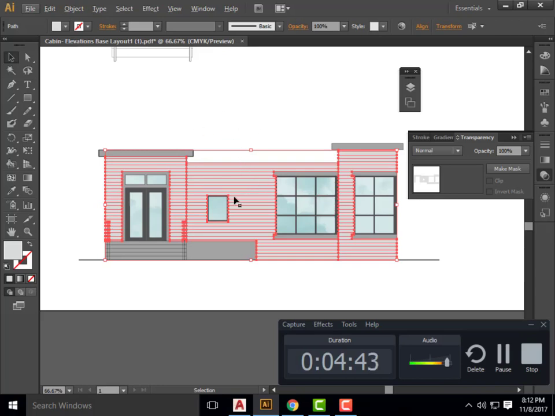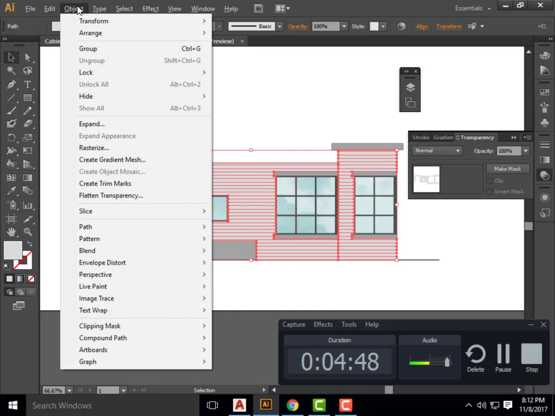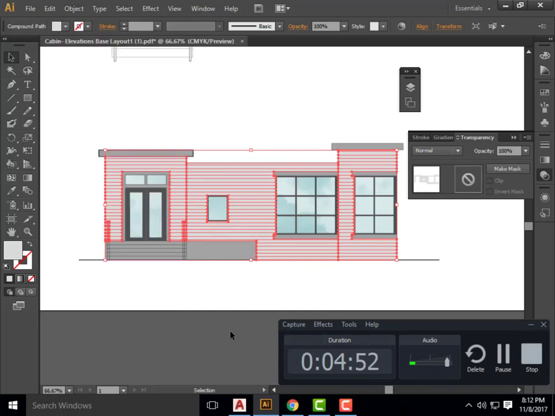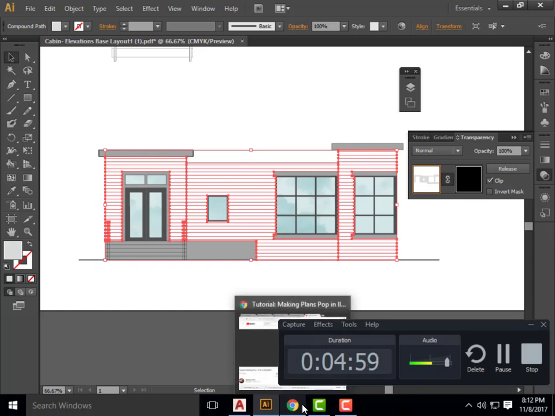So as soon as you've selected all of your color groupings, you're going to go over to Object, and you're going to go down to Compound Path, Make. And then from here, I can now make a mask. Okay? And then I'm going to decide, okay, what do I want as my texture for this? All right, well,